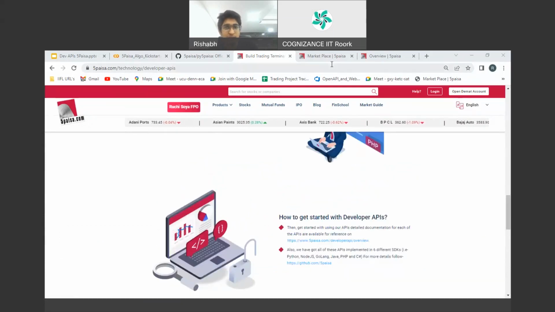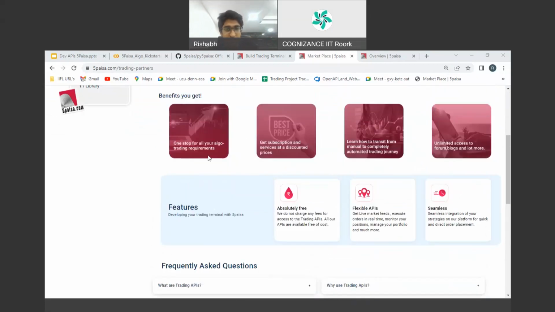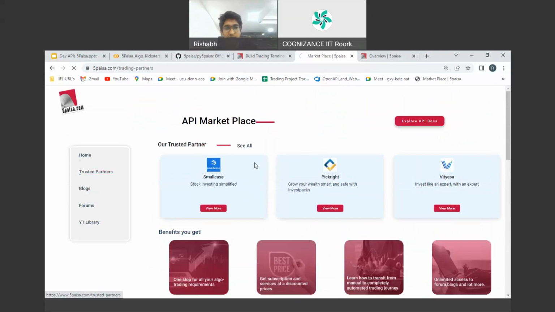Then we have a marketplace that I told you about, right? We'll talk about partners and how they are integrated. So we have a marketplace, and this is the link for the marketplace. You might have heard about a few of these startups like Sensible and Smallcase. I think Sensible was something that Parth in the earlier session was showing you. We have partnered with them, again, this is about the APIs and the subscriptions. And this is the list of all our partners.